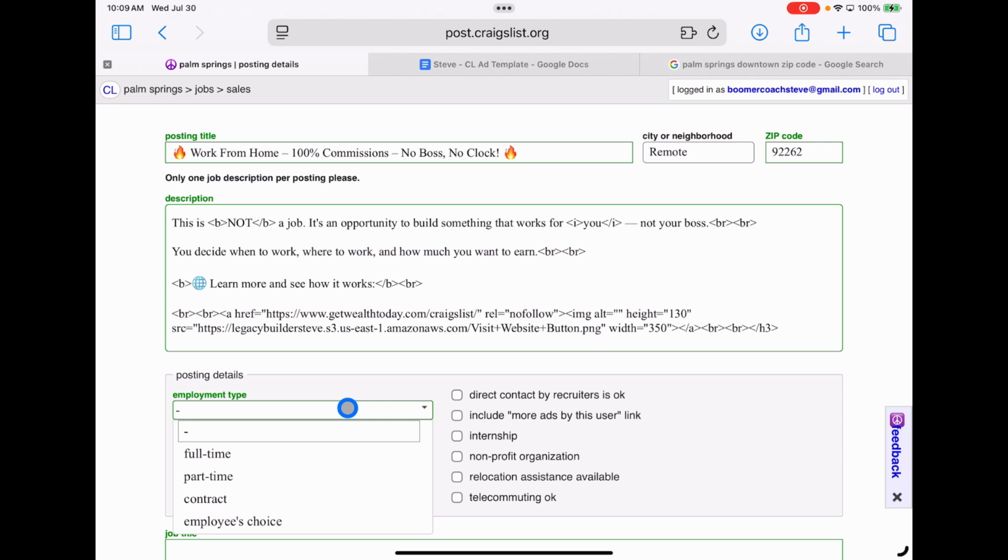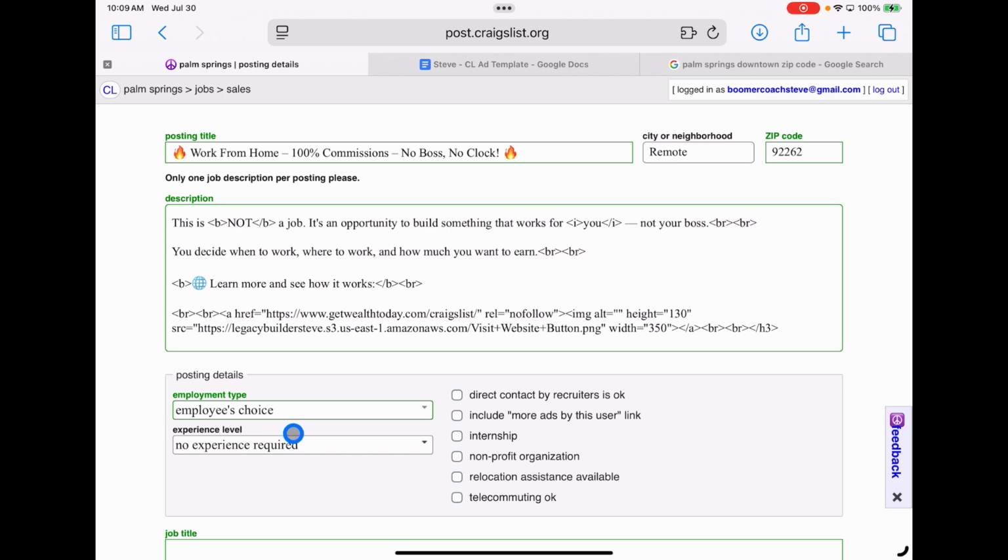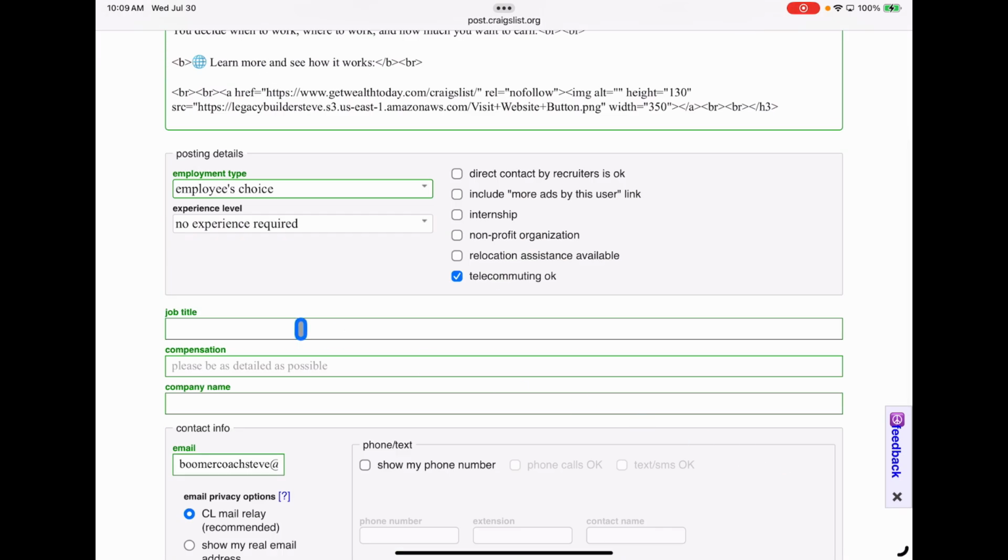For employment type, you're going to click Employee's Choice. Experience level, no experience required. You're going to click Telecommuting, OK. Job title, I just put Entrepreneur. Compensation, I do 50,000 to 150, and I always say performance based.